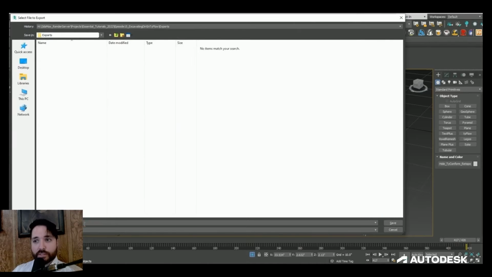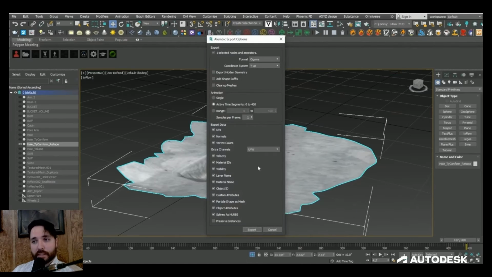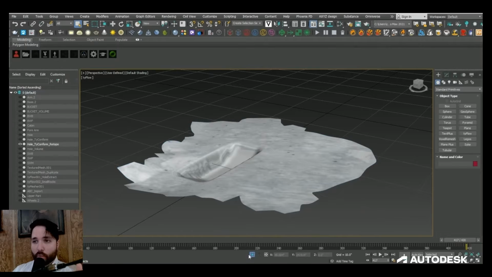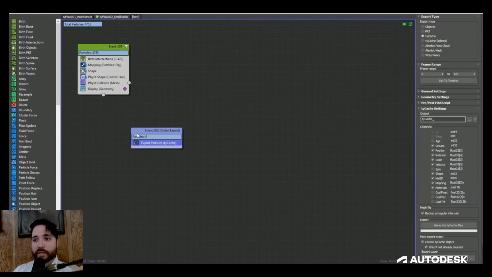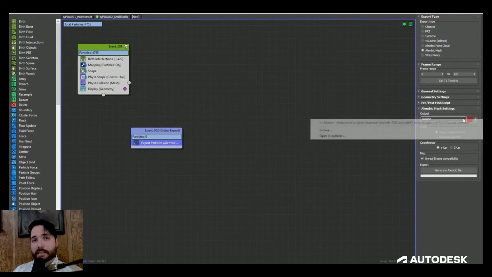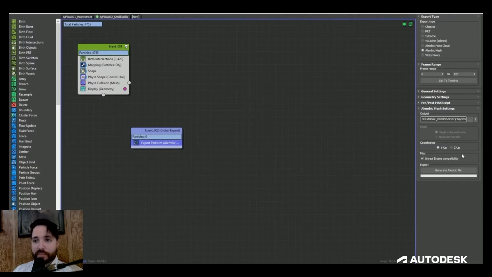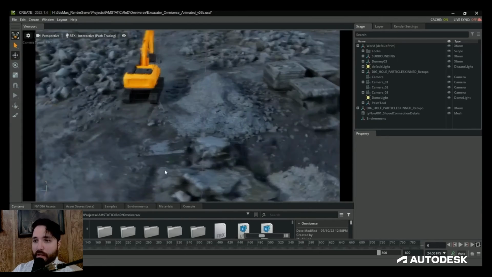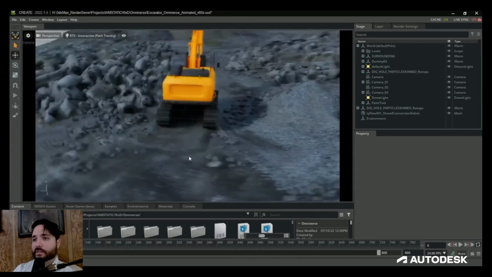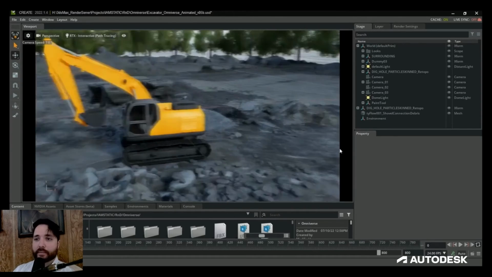The third piece I needed was the hole mesh, which I exported as an Alembic file, leaving everything in the y-up coordinates. And finally, for the rocks, I used an export particles operator to export the rock simulation as an Alembic file as well, after leaving it in the y-up configuration just so that it was consistent across all of my file exports. So this is a behind-the-scenes look at the Omniverse project I ended up building.